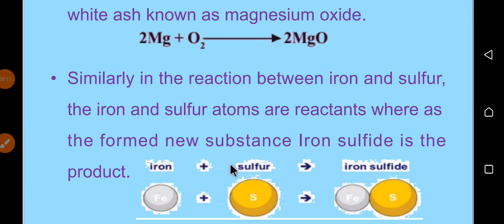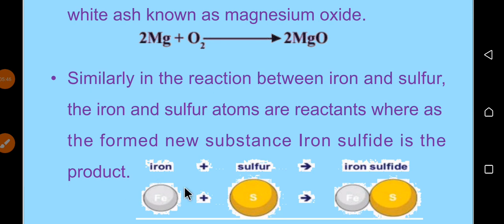Iron እና sulfur react በሚያደርጉበት ጊዜ the iron and the sulfur atoms are reactants. Iron እና sulfur አተሞች reactant ይባላሉ whereas the formed new substance iron sulfide is the product. አዲስ የሚፈጠረው substance iron sulfide ማለት ነው product ይባላል. So to read this chemical reaction we can read as follows: